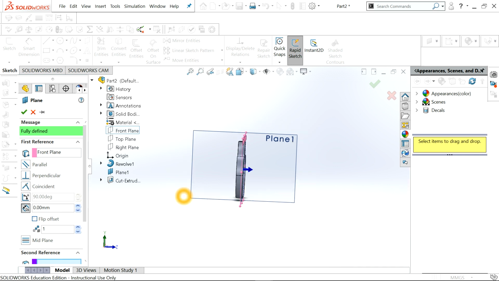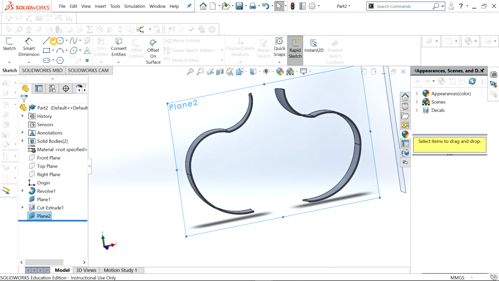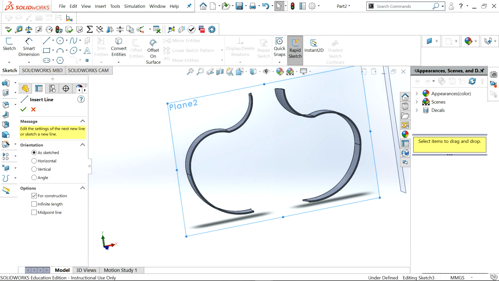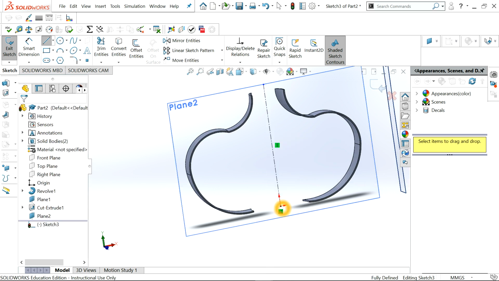I'll just draw a center line on there. So center line tool on the plane. When you want to use the circular pattern, you have to have a direction or center line to go around. So escape, and then I'll go circular pattern. If you see your tools are not highlighted, just go to exit sketch there,